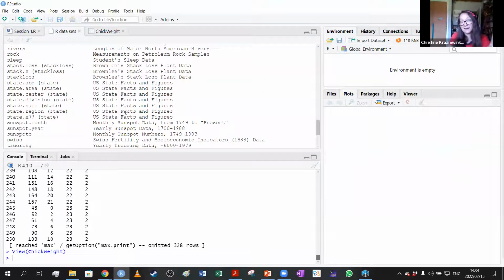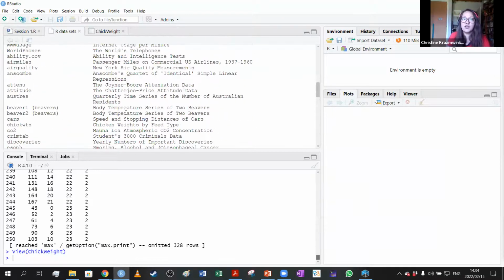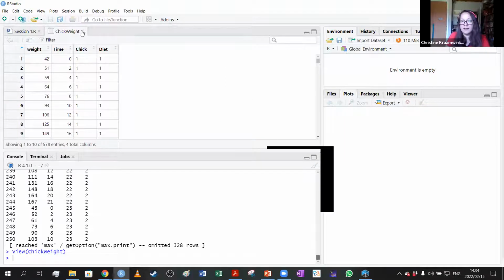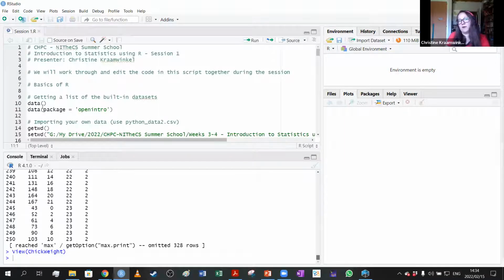Now there's a lot of data sets here that we actually haven't looked at yet. So if we look at the openintro package, for instance, because it's not loaded currently, it didn't call up the openintro package. But if I want to find out what data sets are available in that specific package, I can just say I want to know what data is in that specific package. So you would obviously have to know the name of the package. So openintro is the one that goes with that textbook that I spoke about earlier.